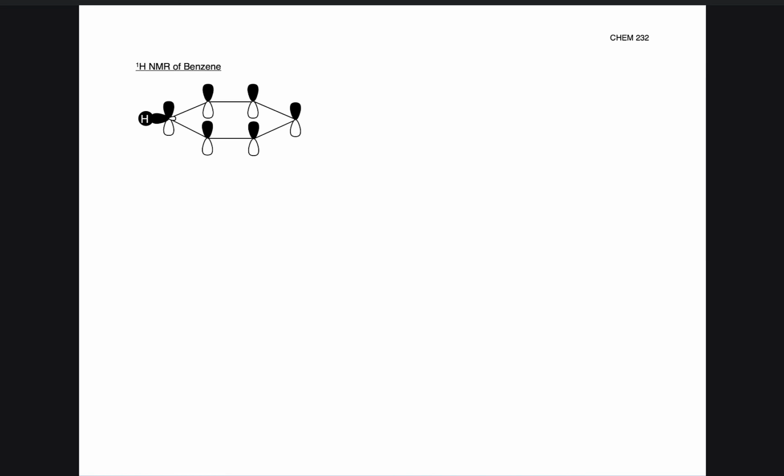This next part here we'll talk about very briefly. If you remember from our discussions of NMR, these aromatic groups appeared around, aromatic AR, these aromatic protons appeared around 7 to 8 ppm.